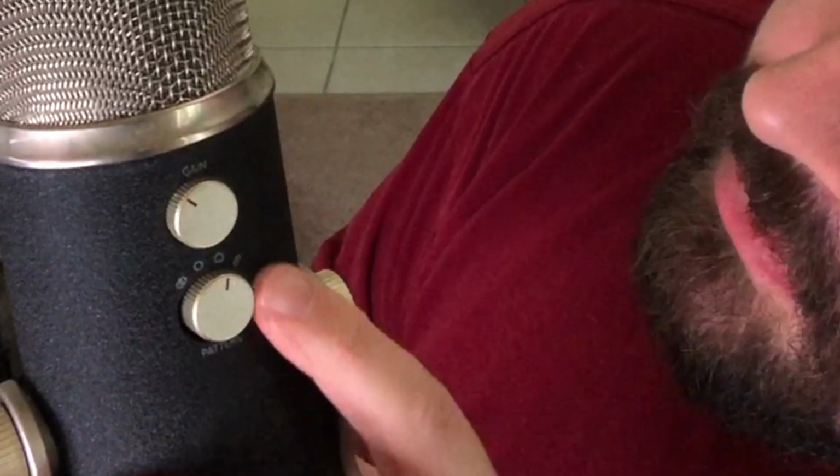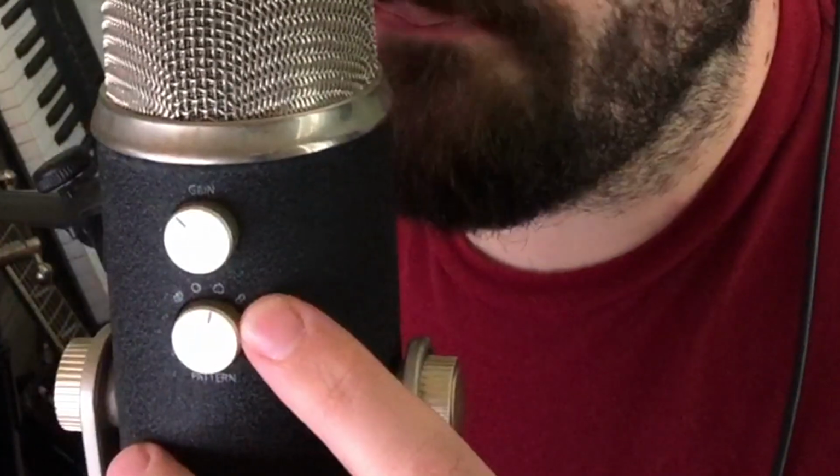You want to make sure it is facing the correct direction when you're using the correct polar pattern, which looks like a little peach, looks like a little butt, or maybe like a little Pac-Man with its face rounded off. That is the pattern you want when you're a solo recorder, a solo speaker, solo voice. So once that is correctly set, you want to make sure you're talking into the correct side of the microphone. I do not want to see anybody doing this. Don't do this. If I catch you doing this,